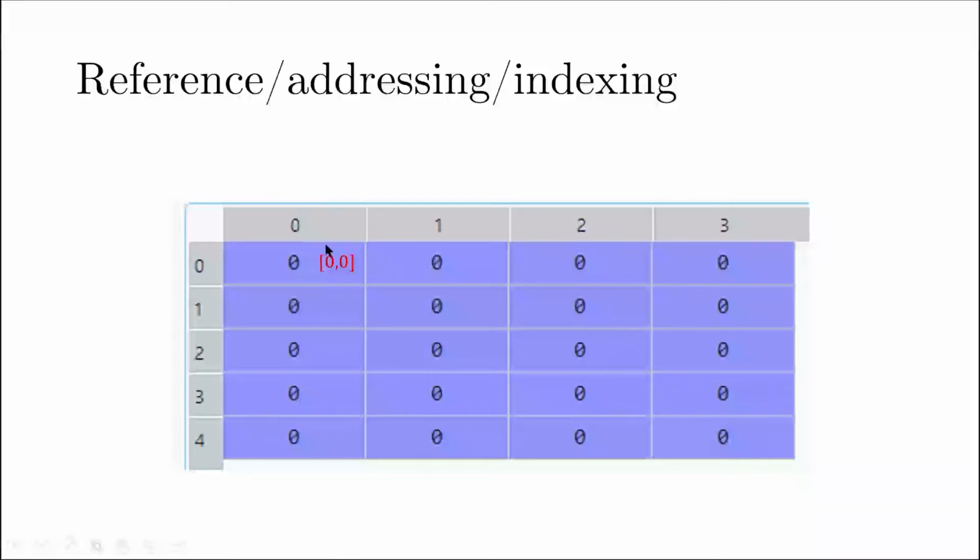I hope this is visible on the screen. Similarly, if I look at the next element, it has a row index of 0 and the column index is 1. Therefore, the index of this element is 0, 1. Remember that the index of the row always comes first and the index of the column comes next, just the way in which you have defined it. You have defined 5 rows, so the row numbers come first, and the same goes for the index: the index of the row, followed by the index of the column.